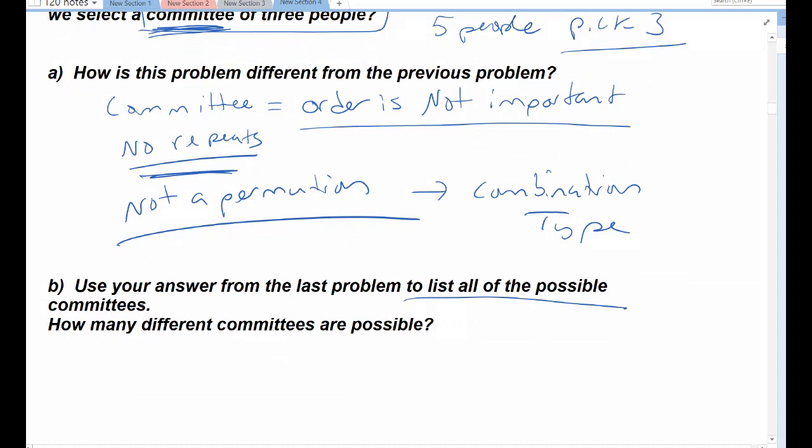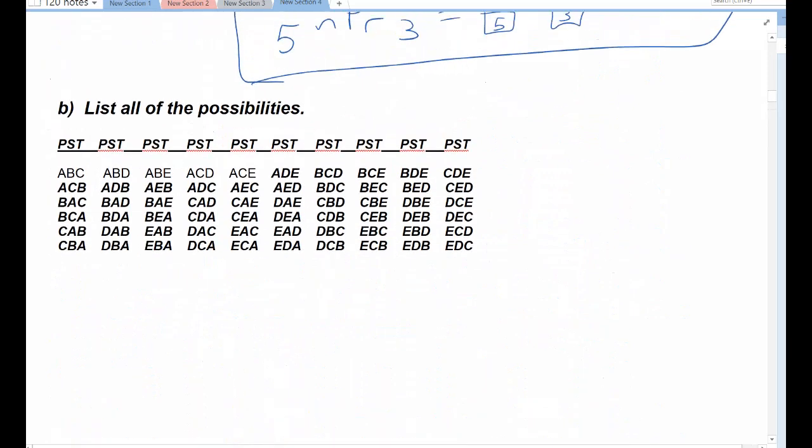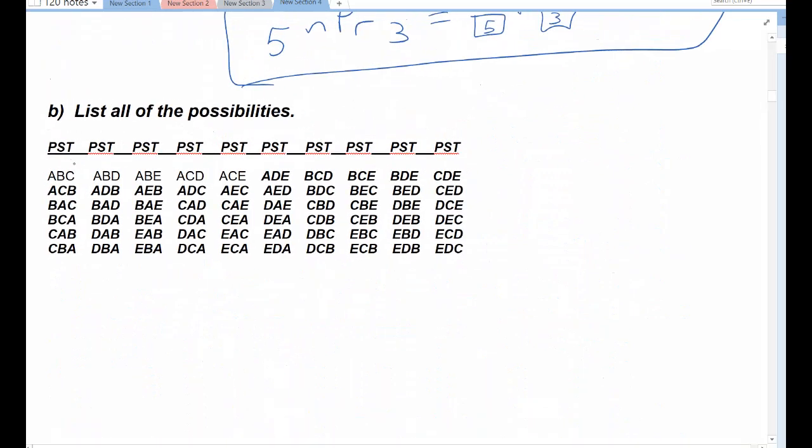So this is why I listed them in the last answer. So using my last answer, can I list all of the possible committees? How many different groups of 3 can I pick if I choose from 5 possible people? So I'm going to go back here. Order doesn't matter, so I just want the different groups of 3. Basically, I don't want any of the ones where I've reordered it. So I wanted the group with Ann, Bob and Carol. I don't care about the rest of them because that's just reordering ABC. ABD's a different group. I don't want any of those though because I don't want to reorder it. ABE, and so basically it's just the top of all of these. And I don't care about the reordering that I did underneath. Alright, so if you count them, 1, 2, 3, 4, 5, 6, 7, 8, 9, 10, there are 10 ways